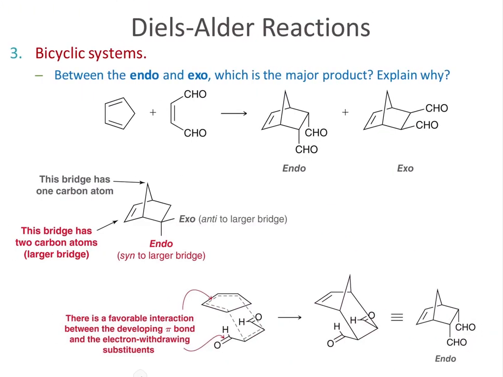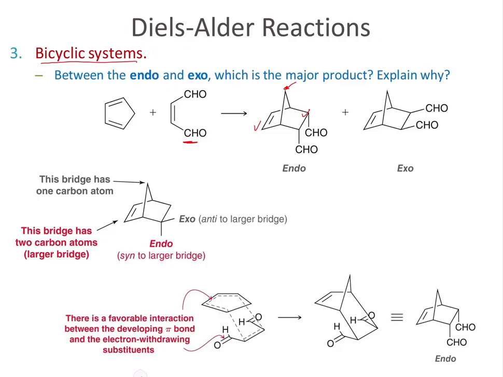Another factor that affects these reactions is the formation of bicyclic systems. So if we have a case where we are forming a bridge, we have the small bridge here, and then we have this other one, the large bridge, the one that has the pi bond, and then there's another bridge over here. So if in the process of the reaction, the